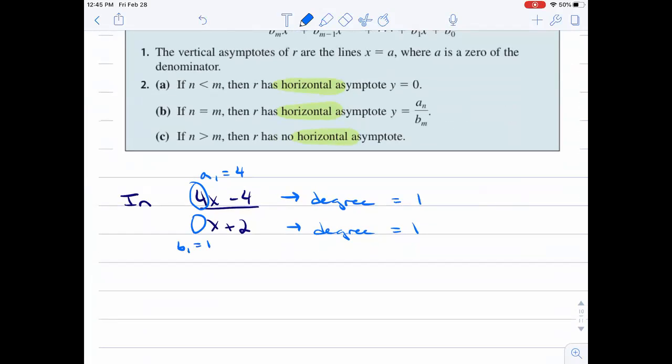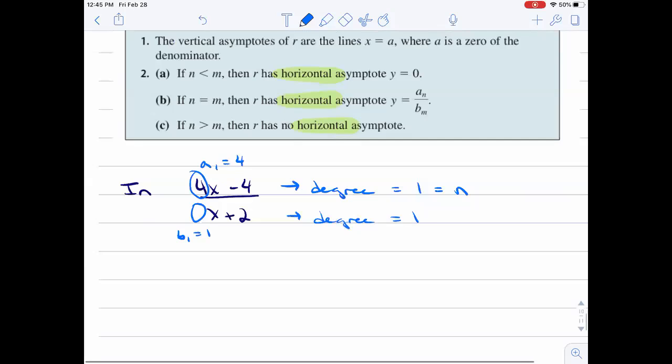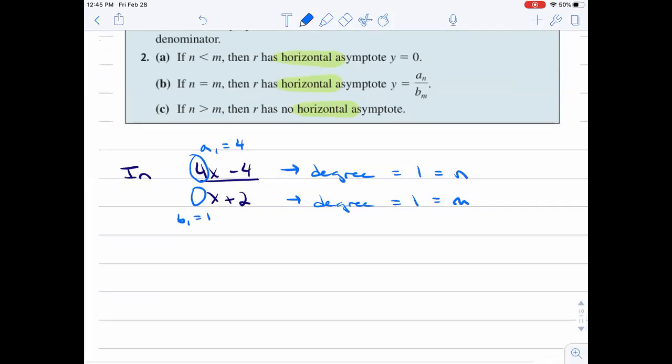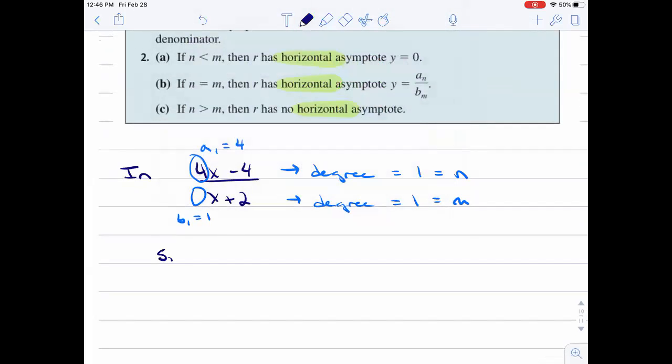The degree in the numerator is n, so that's 1, and the degree in the denominator is m. So what we can say then is that since n equals m equals 1, they're all equal to 1,